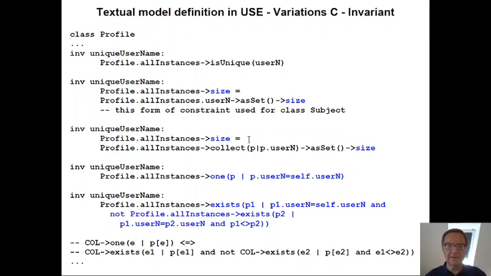Let's first look at the technical formulation. Profile.allInstances()->size(). I'm looking at how many objects are in the profile class. And then I'm doing a different counting. I consider again the profile allInstances, so